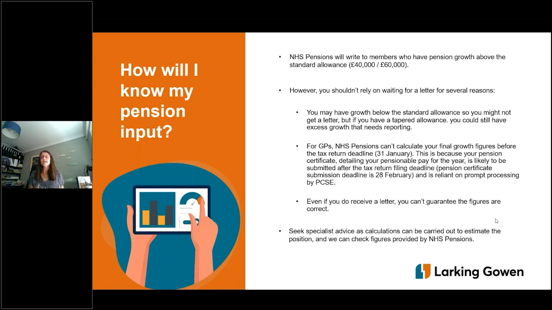Also, if you're tapered for annual allowance, they're only going to tell people if they're above the standard annual allowance. So if tapering applies, you're going to have to request the information yourself. So you're not going to be able to get the information for your tax return. And therefore, as you've got to complete the tax return on a just basis,